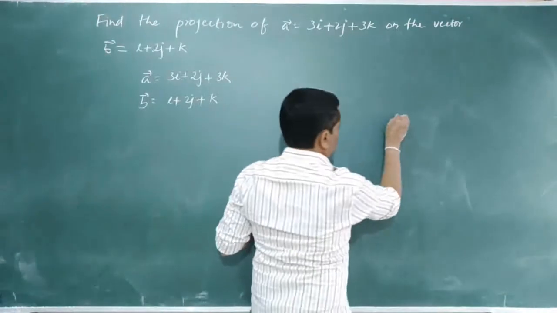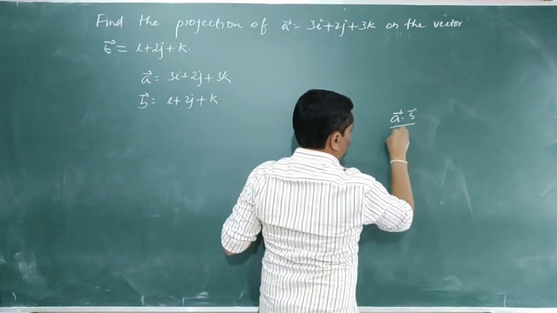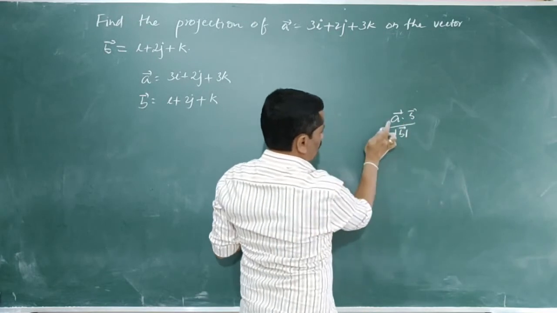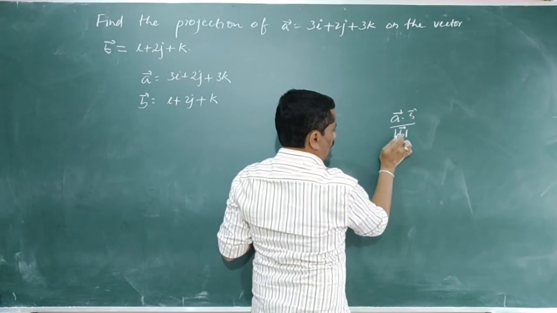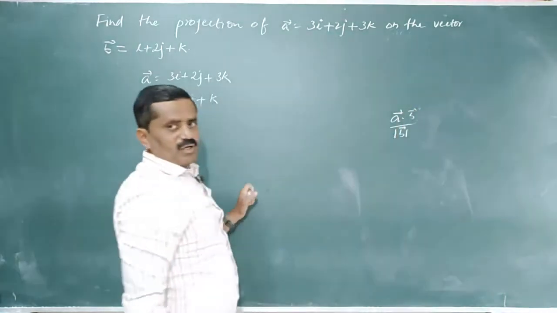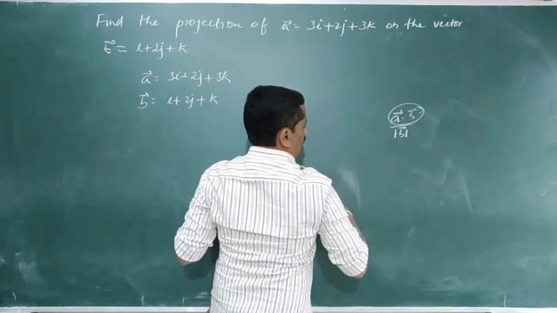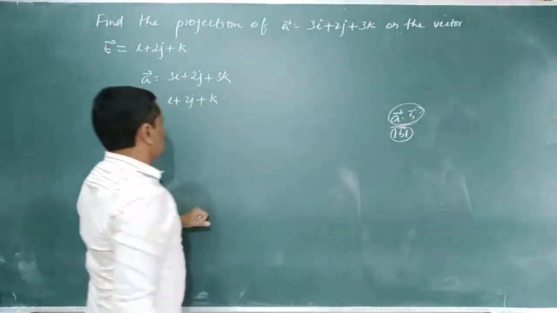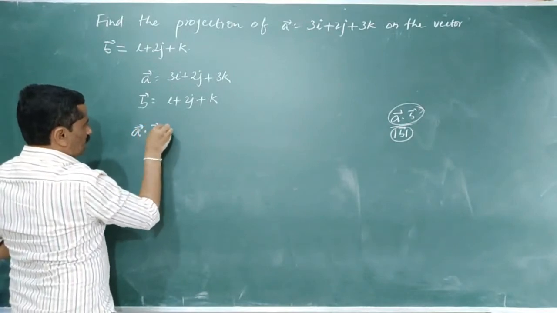Usually that is given by a bar dot b bar divided by magnitude of b bar. So we need to find a bar dot b bar as well as magnitude of b bar. Therefore, a bar dot b bar is equal to